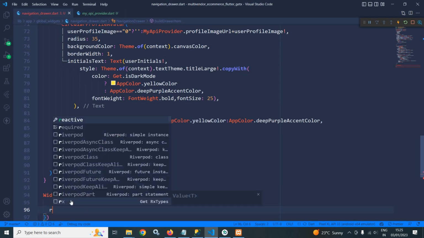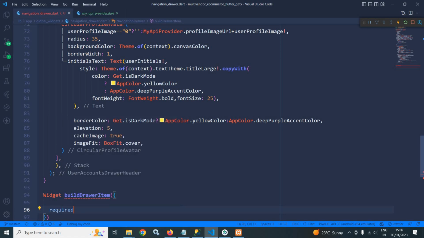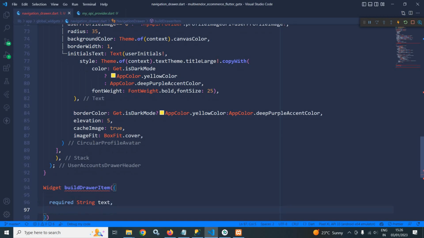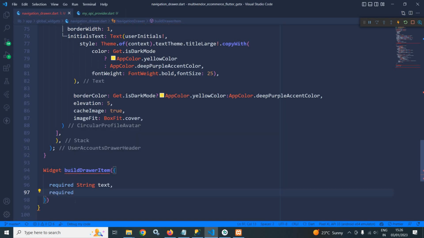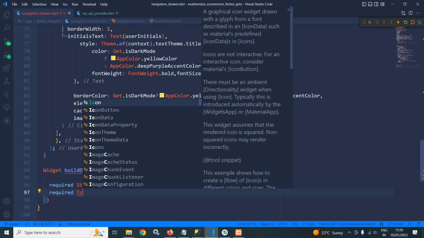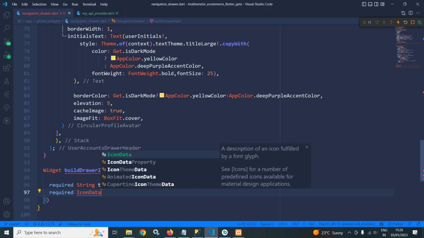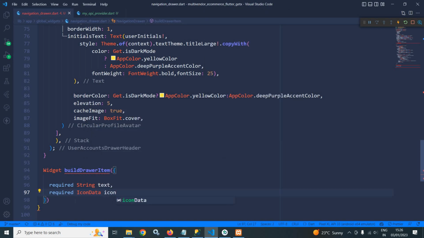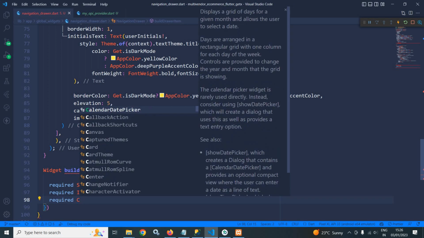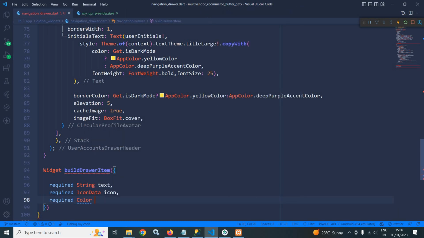The parameters are: required, what will be the text of the drawer item, what will be the icon of the drawer item, and to do that here I am using IconData icon, what will be the color of the icon. So here I need to use Color, text icon color,